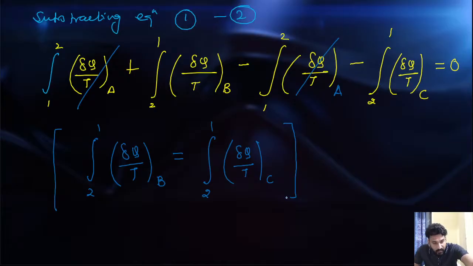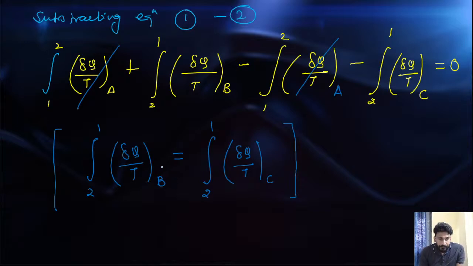What can I say about this? Entropy is a point function. Very good, Anushka. So these mathematical terms are saying that this ratio del Q over T for the process for